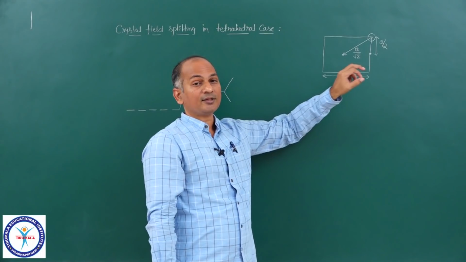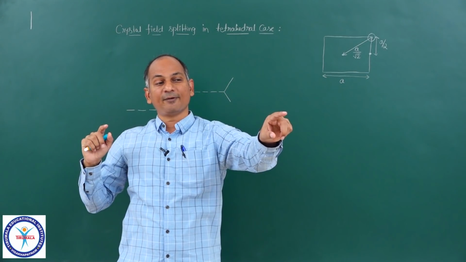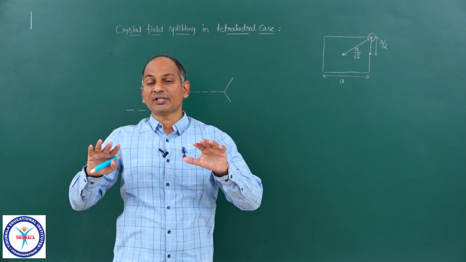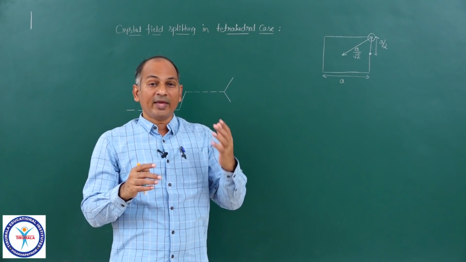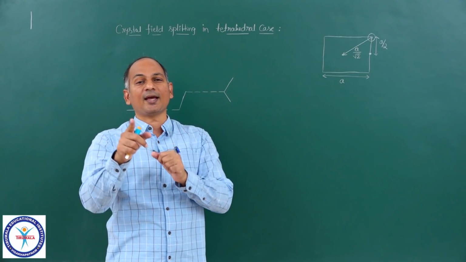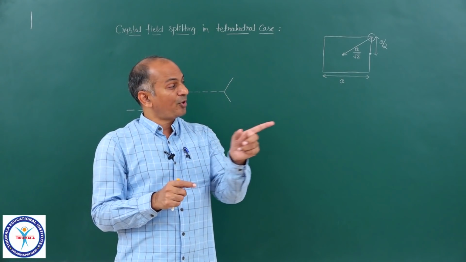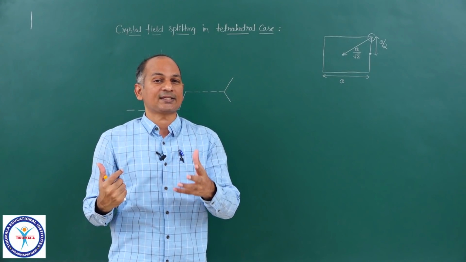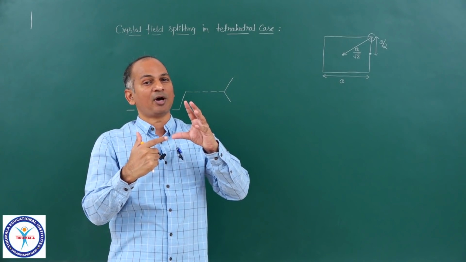So now, one more ligand is approaching from that corner, third ligand from this corner, fourth ligand from this corner. So now the situation is exactly opposite to that of the octahedral environment. There the lobes which are pointed towards the faces were repelled to greater extent. Now the lobes which are pointed towards the edge centers are getting repelled to greater extent, because the distance between the ligand and the lobe is smaller.